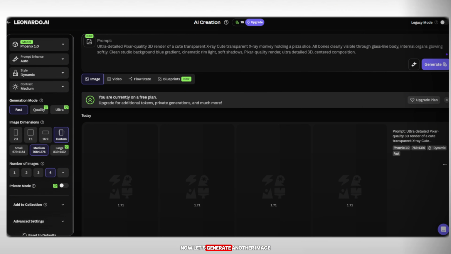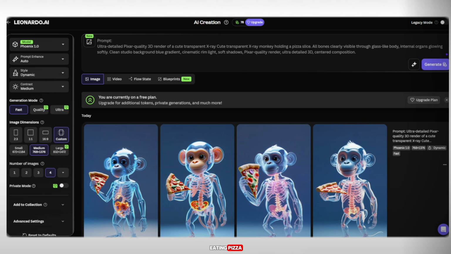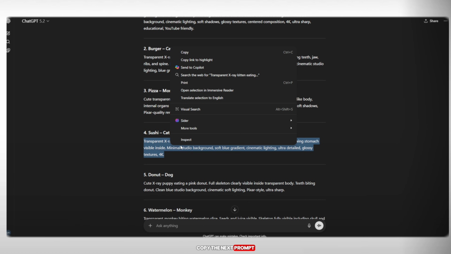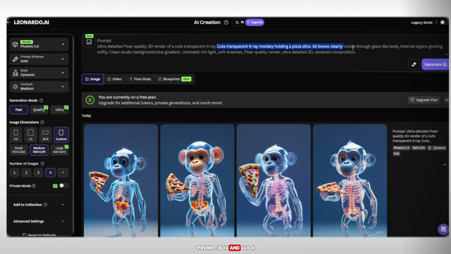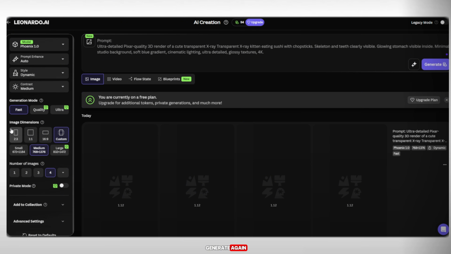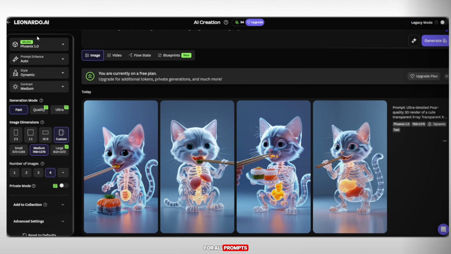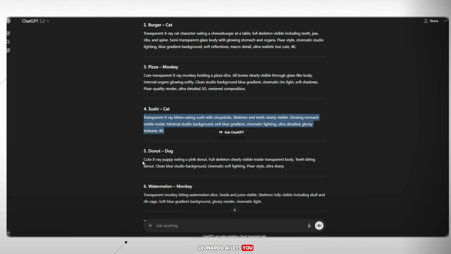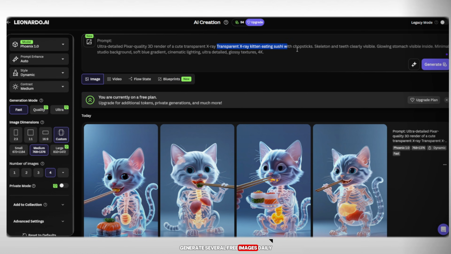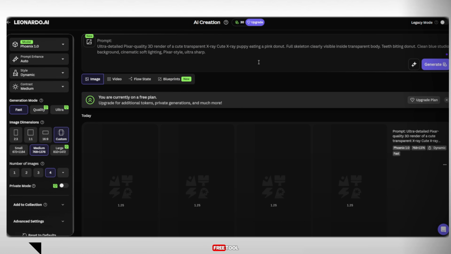Now let's generate another image. For example, a monkey eating pizza. Copy the next prompt, paste it into the prompt box, and click Generate. Again, within seconds, your third image will be ready. You just have to repeat this process one by one for all prompts. Leonardo AI lets you generate several free images daily, and it's a great free tool. Once our images are ready,